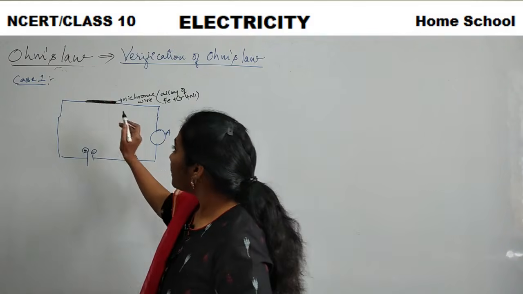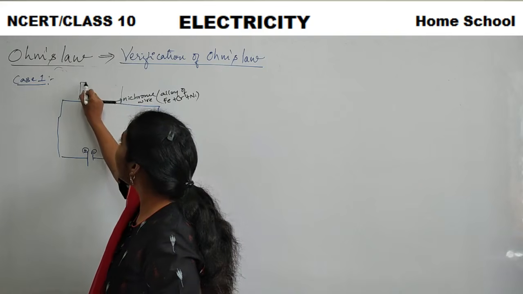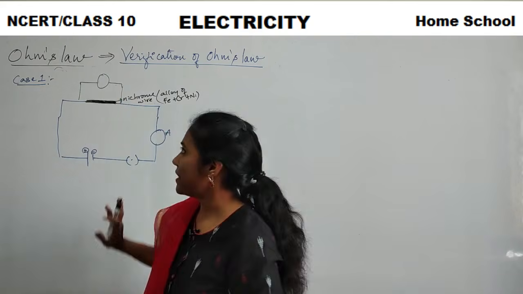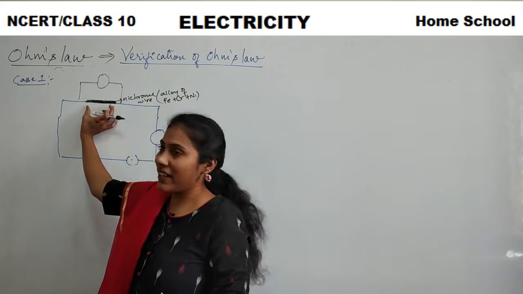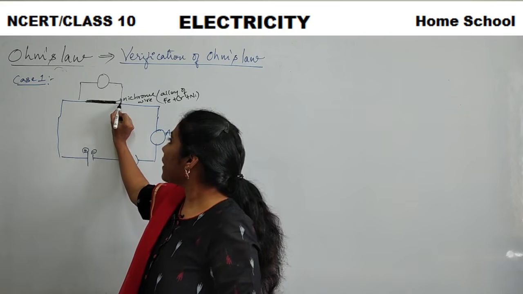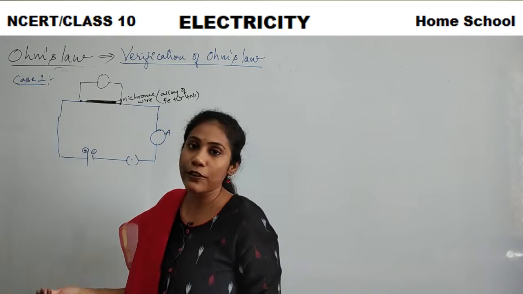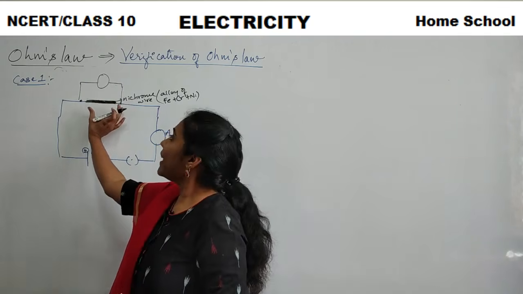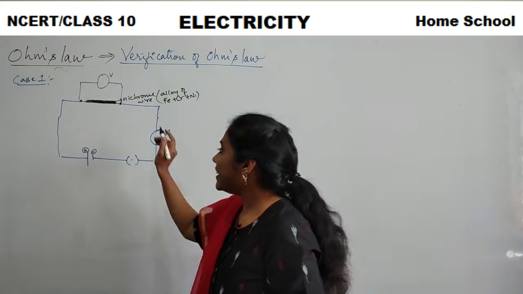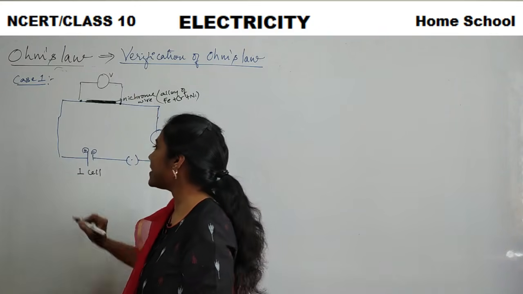So the nichrome wire is the one I connected in the middle, right? And now I will connect a voltmeter, just to measure the potential difference. This is like my device, just like a bulb. Definitely you will observe a difference in potential across this end and this end of the nichrome wire. To measure that potential difference, I took a voltmeter. I took just one cell.